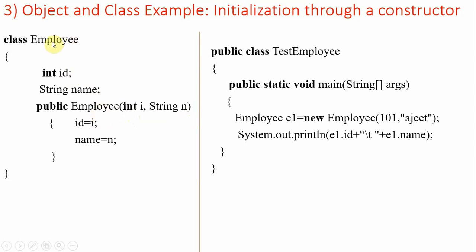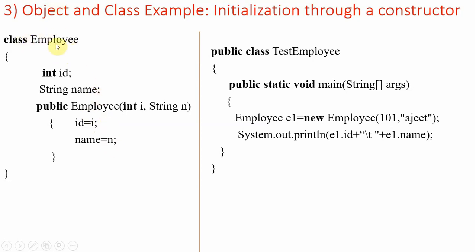It is a class name employee. Here also we have an employee method. So constructor is nothing but a method which has the same name as the class name. We will discuss it in depth later, but here we have a concept like initialization through constructor. That's why I'm discussing it briefly here. So the third way to initialize an object is through constructor. Constructor is nothing but a method which has the same name as the class name.